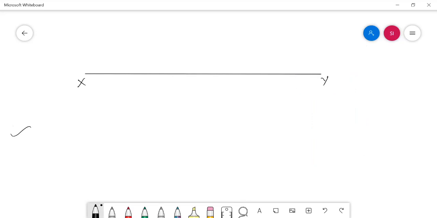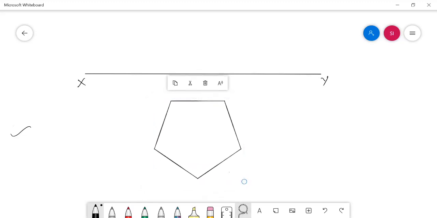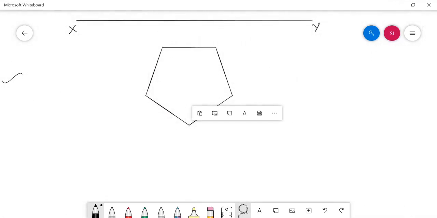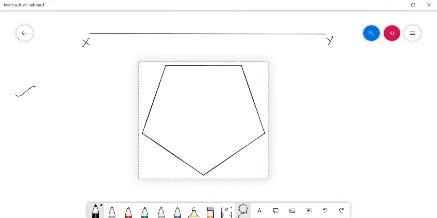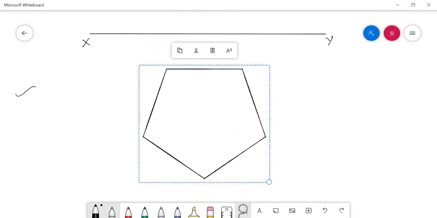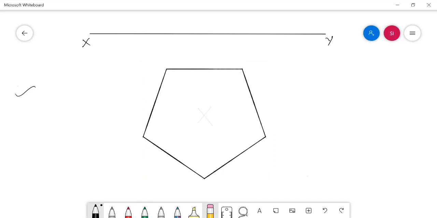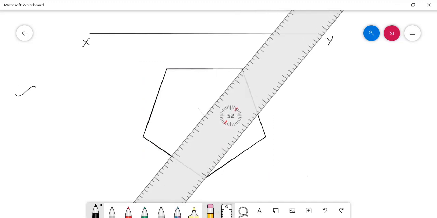Yes, let me draw the base view. And then, it is a pentagonal pyramid. So it has an apex point and slant edges. First, let me mark the axis of the solid. After marking the axis of the solid, I need to draw the slant edges.